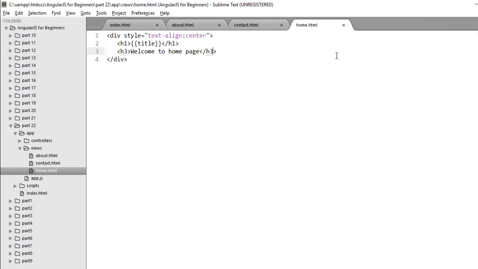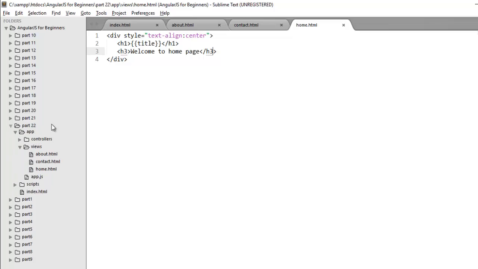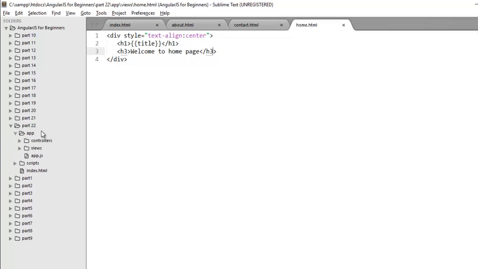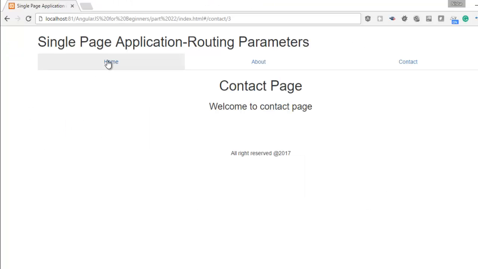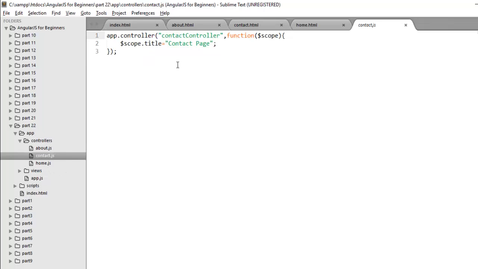So move to your editor. For this demo I'm using the part 22 folder, which I copied from part 21 because the initial setup is the same. Now maybe I have some data on this contact route. In the app folder all your controllers are inside the controllers folder, and here I have the contact.js file.